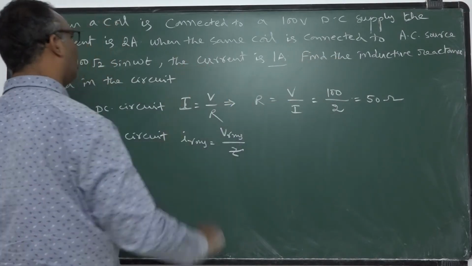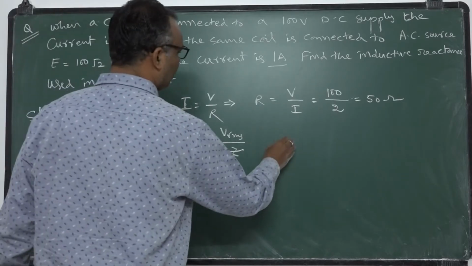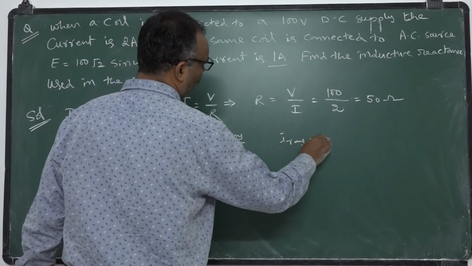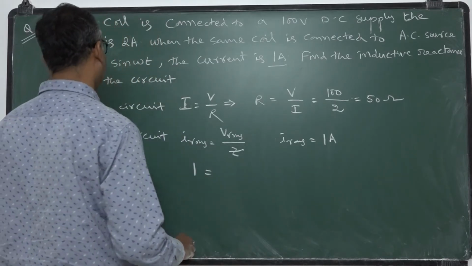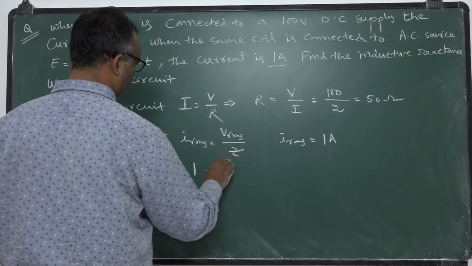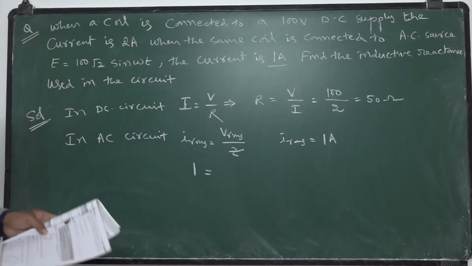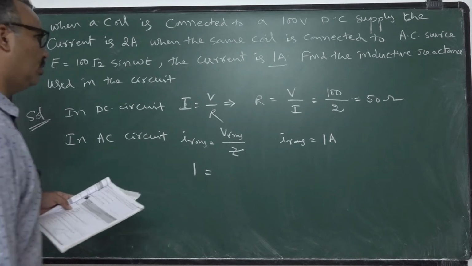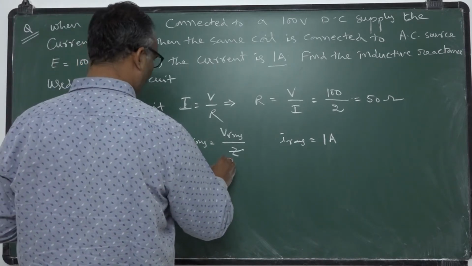If nothing is mentioned, that current should be taken as RMS current. So IRMS is 1 ampere. So 1 is equal to VRMS, which is V naught by root 2,